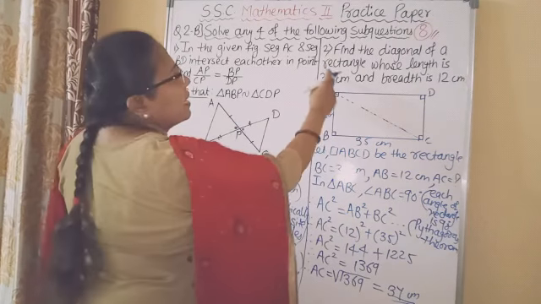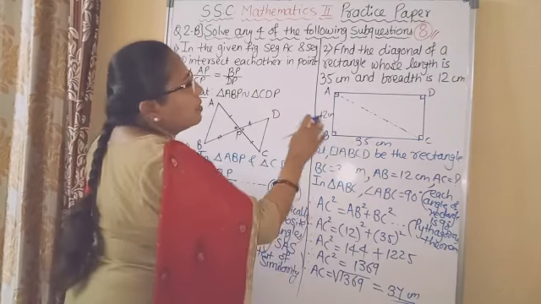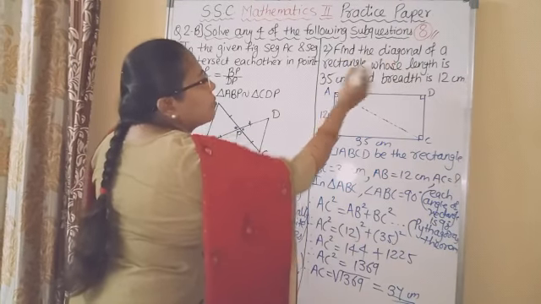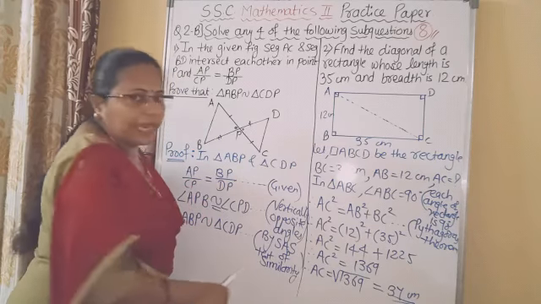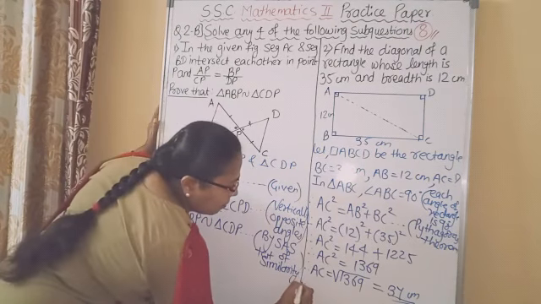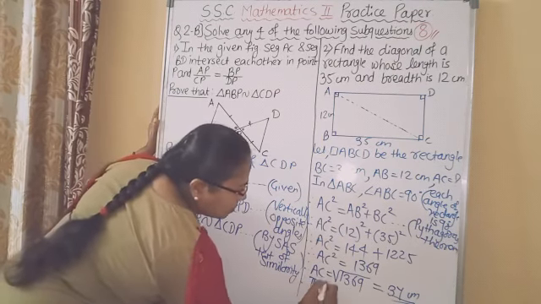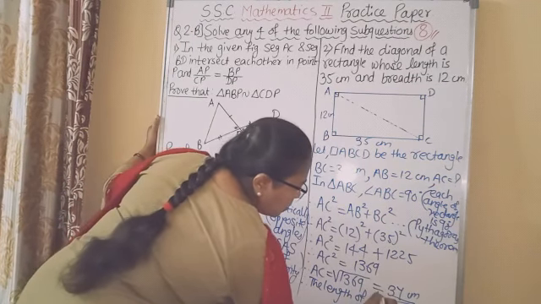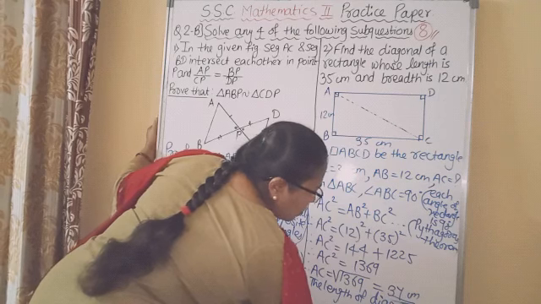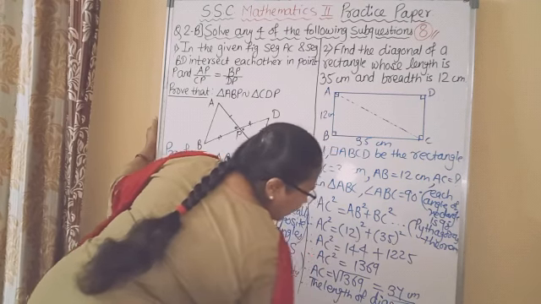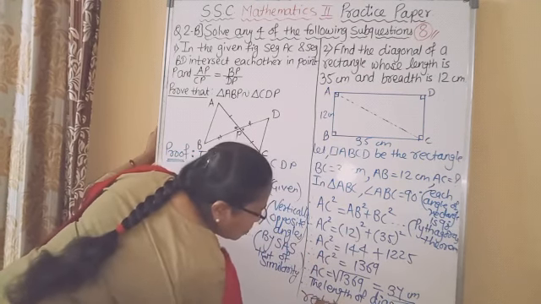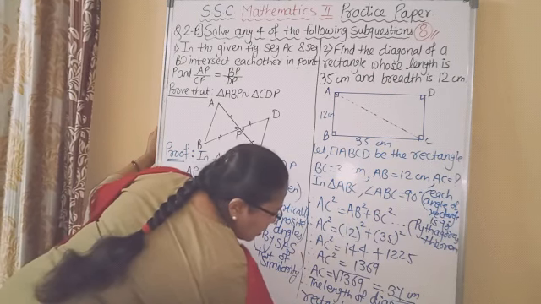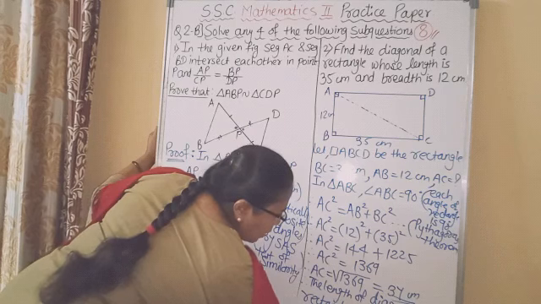But in the question, you can see the name of the rectangle is not given. The name of the diagonal is not given. The question is find the diagonal of a rectangle. So we have to write the answer according to that. Therefore, the length of the diagonal of a rectangle is 37 centimeter. So this way we have to write the answer in